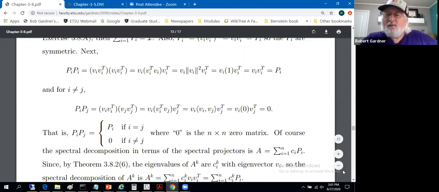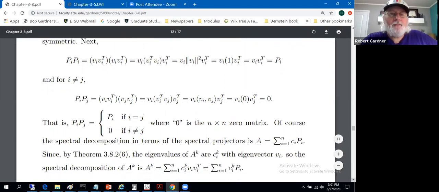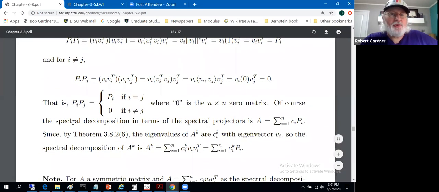Okay, so when multiplying these spectral projectors, P sub i times P sub j, we get P sub i out when i and j are the same. We get 0 out when they're different, as commented. 0 represents an n by n matrix. The spectral decomposition, in terms of the spectral projectors, as given here,